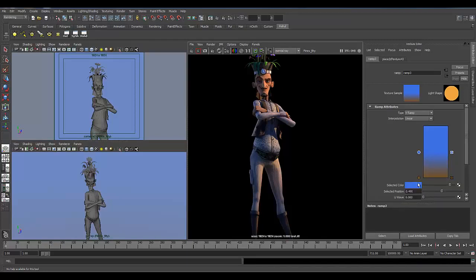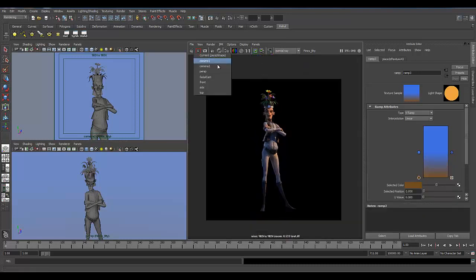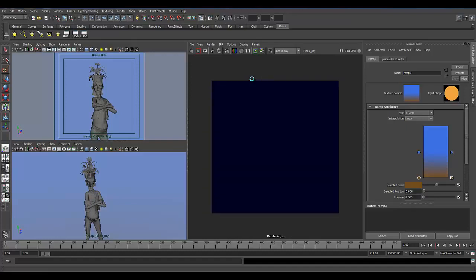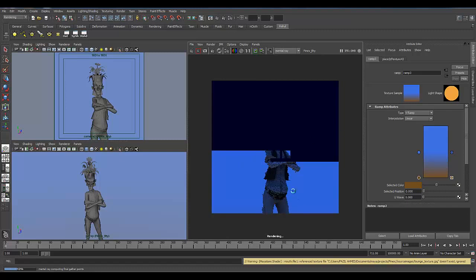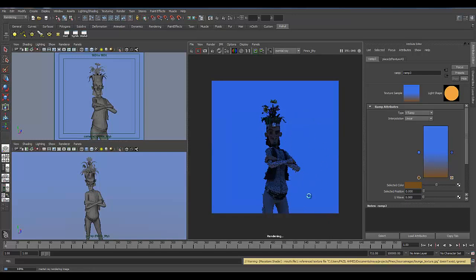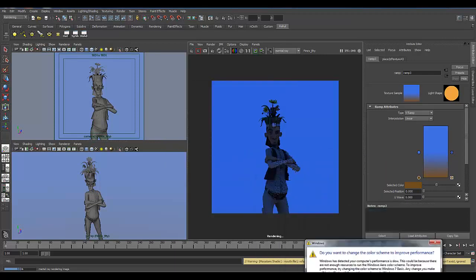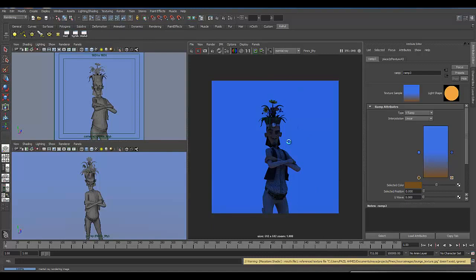Okay, so this is the color that I want to use for my character, and I'm gonna take a fast render here now. Which cam? It's cam 2, and see what exactly the IBL is doing in our scene. So it's gonna render now. So you can now have an idea that the color that we are using is filling all over our character, and now you can see that color behind the character also as an environment,